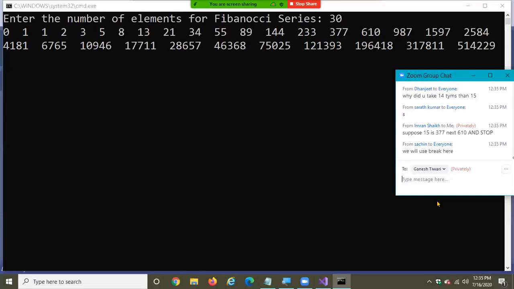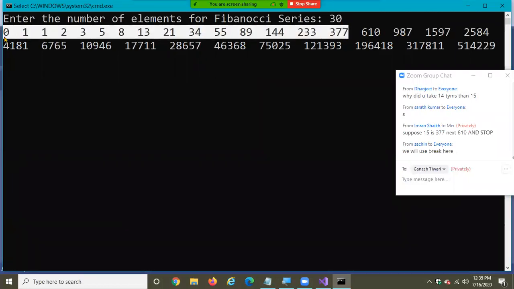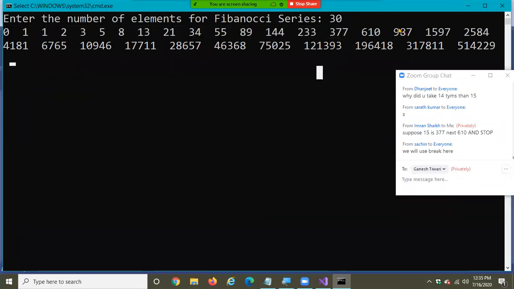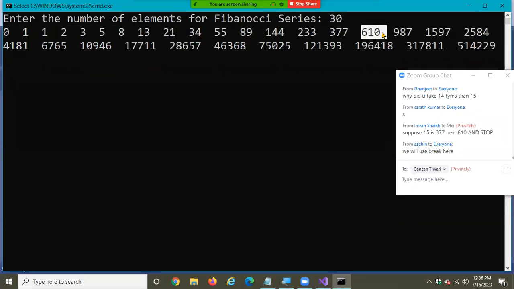Means you don't want to print all this. Am I right? You want to print only this value?